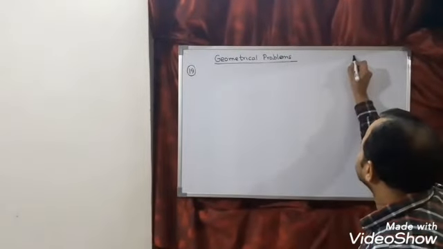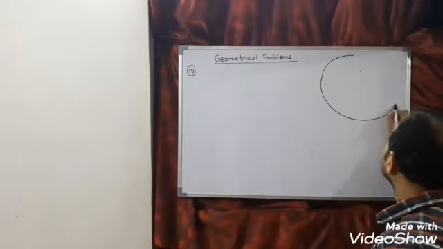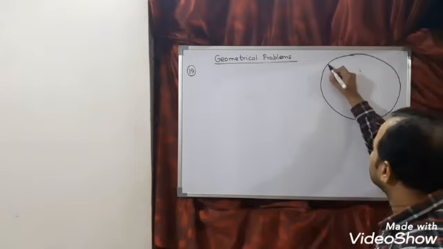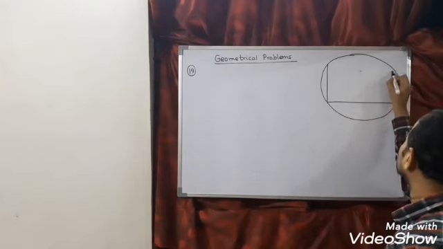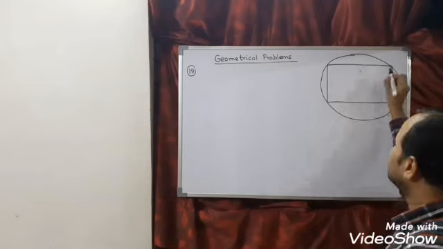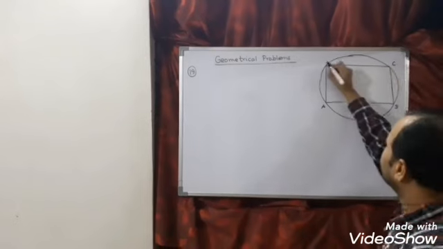So here I can say this is the circle, right? Rectangle, so something like this. This is the rectangle. Let us take this as A, B, C, D. This is nothing but the diameter of the circle, and the center I am taking to be O. So this is radius, this is radius. I am assuming one side of the rectangle to be X. If one side of the rectangle is X, what will the other side be?